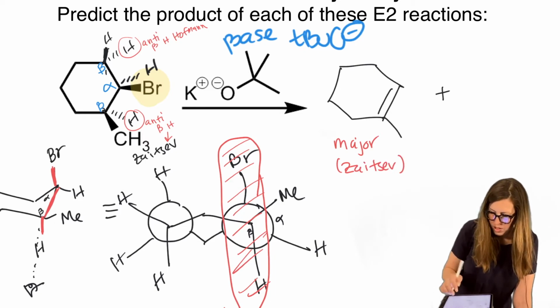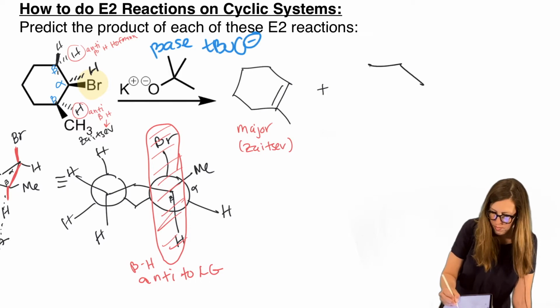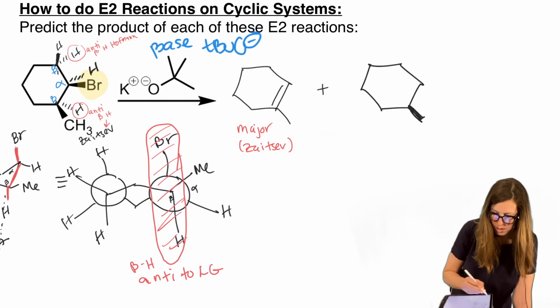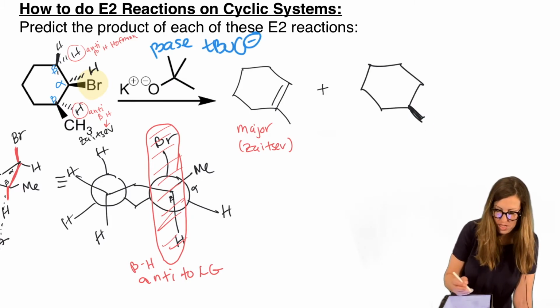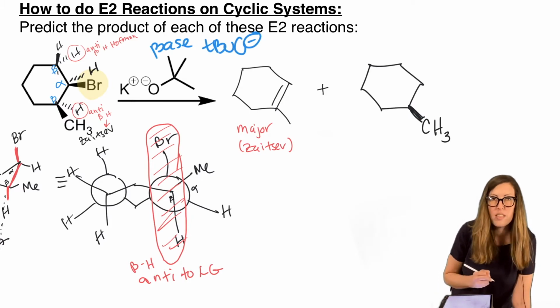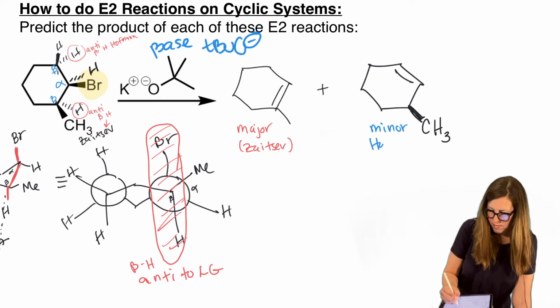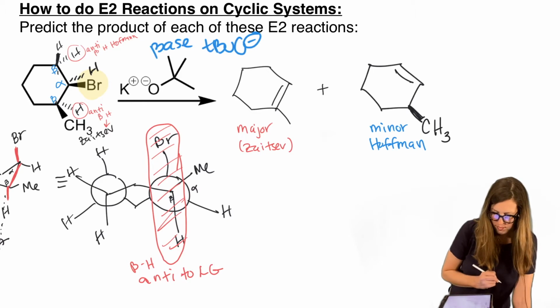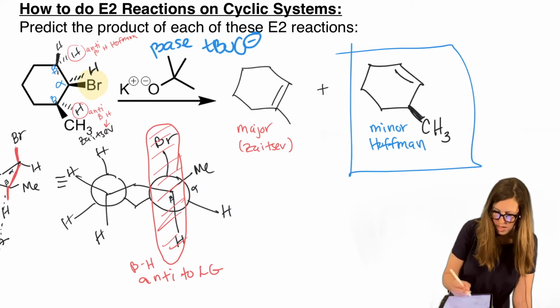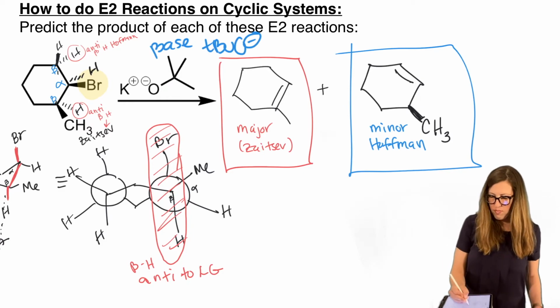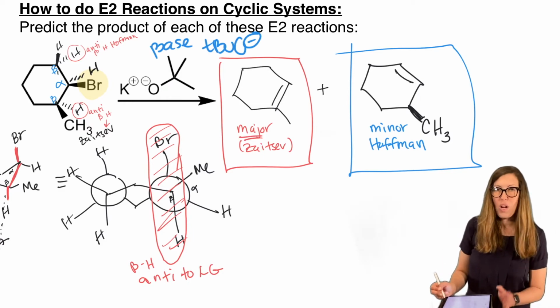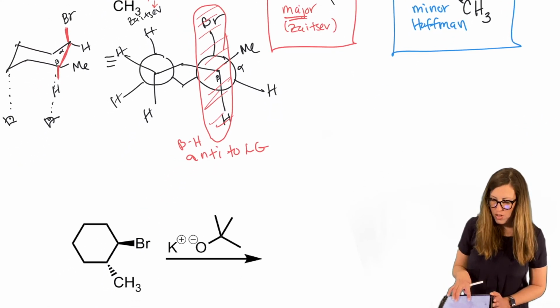Let's draw the minor, just so we're thorough. We left the methyl alone in the minor product. That means we took off this H up here. This was left alone. That better stay a wedge then. It didn't get touched. Still sp3 hybridized. This is where the alkene is now. So there's our minor, here's our major. Okay, watch out for those dashes and wedges. Make sure they're not drawn when they're not supposed to be drawn.